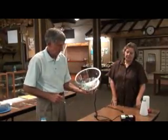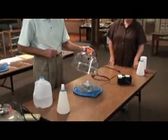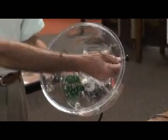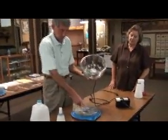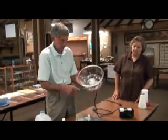Okay, next we're going to place the clear acrylic dome over the blue base in the position that we need it. Notice that there's a black knob on this side, and there's a black knob on this side. But more importantly, notice inside the knob there's a little metal bar there. It's very important that we get those two little metal bars into a set of these notches on the top of the plastic ring. Remember we talked about those earlier. There's one at 12 o'clock, 6 o'clock, 3 o'clock, 9 o'clock. It doesn't matter which two really, but we have to get these bars into a set of those